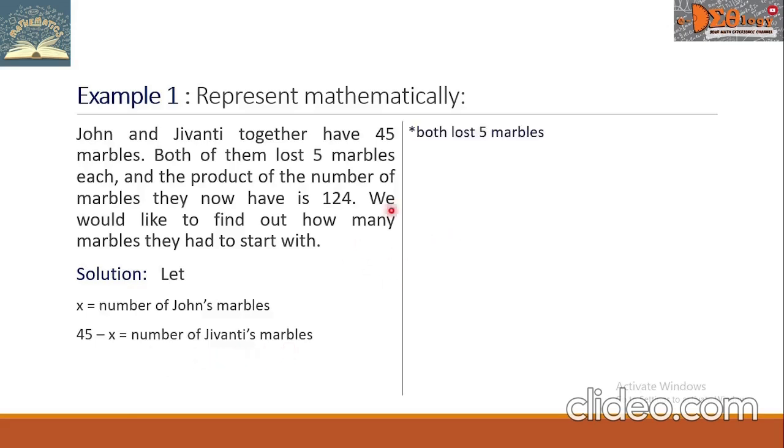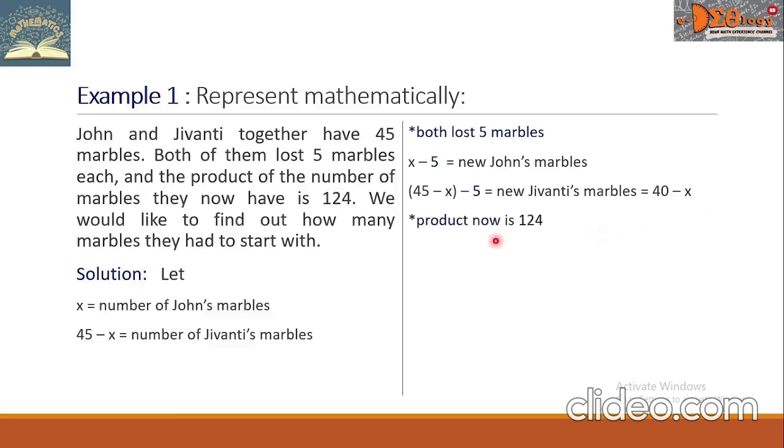In the condition, it says both of them lost 5 marbles. So for John, it will be x minus 5, while for Giovanni, we will have 45 minus x, then minus 5. We can simplify this into 40 minus x. In the given, it says the product now is 124 for their new number of marbles. So we represent this as x minus 5 times 40 minus x equals